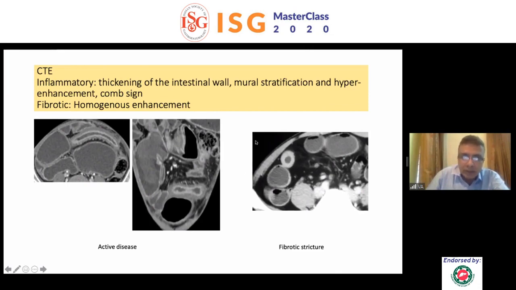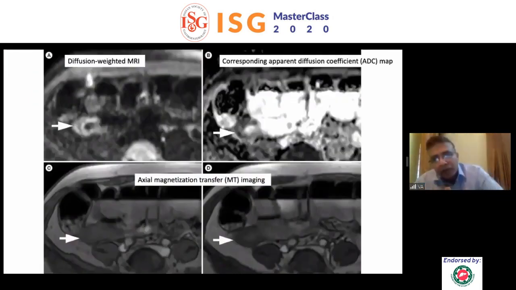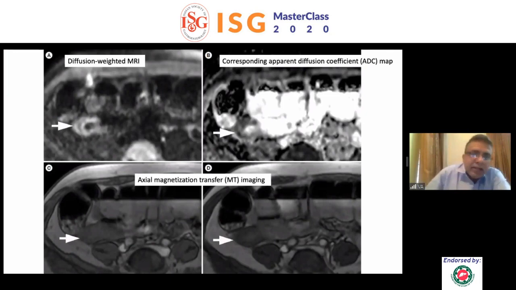This is a stricture, right? But is CT the best? No, better than that is MR enterography. In MR enterography, there are two protocols. One is diffusion-weighted MR, which is a normal protocol whenever you do MR enterography. Here, if you look at the corresponding apparent diffusion coefficient and find that it is low, then that means there is inflammation here. There is another technique which is not available in many centers in India. That is again MR-based: magnetization transfer.